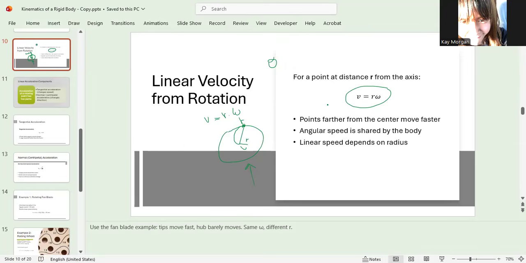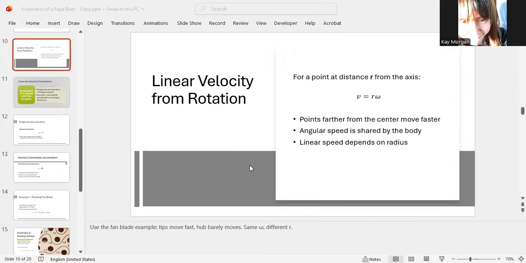So that relationship is going to tell us that even though the entire body shares the same angular velocity, which is this omega, the linear speed depends on how far away the point is from the center. So this is closer, and that is longer than that. This point has more velocity because this distance is more. If this is long, then of course you have a bigger velocity. If this is small, you're going to have a smaller velocity. That is very obviously understandable, right? All right.